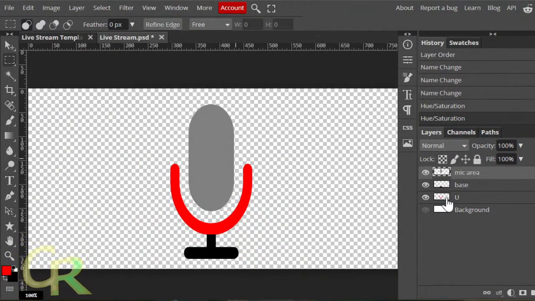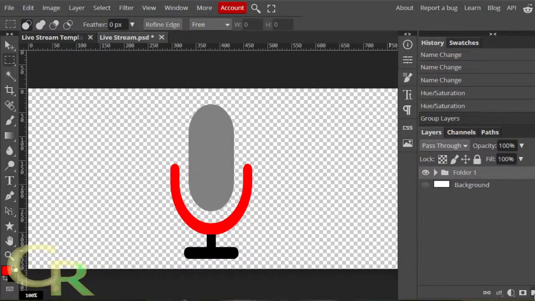So what I'm going to do here is hold select mic area and base, and you'll see that it's all selected right there. Go down to the bottom here and hit new folder. It'll put all of those selected layers into a new folder. Then I'll rename that.